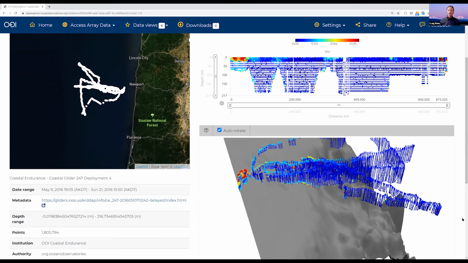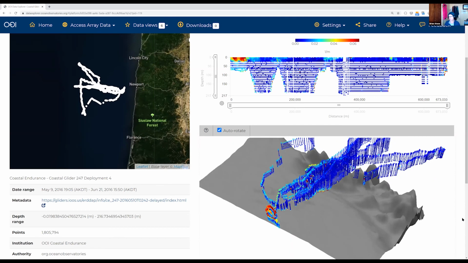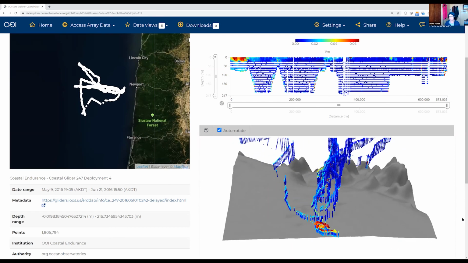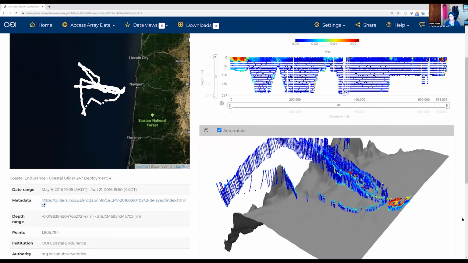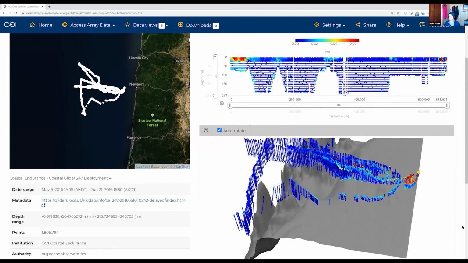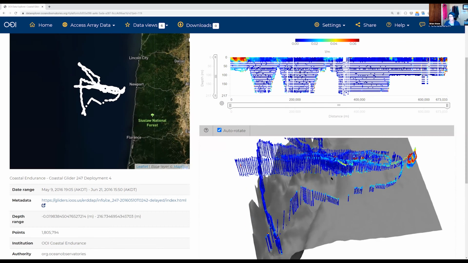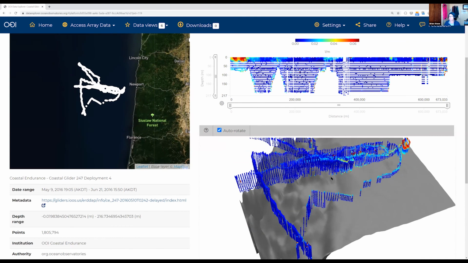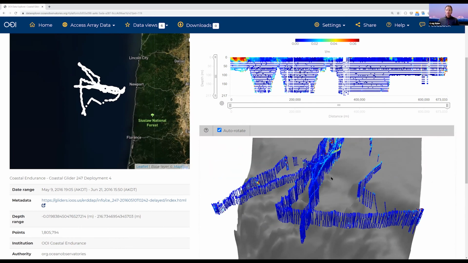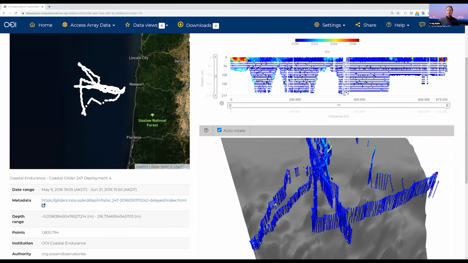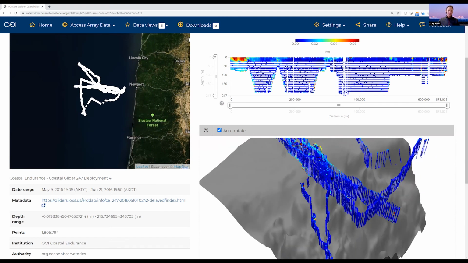Okay. And so I quickly browsed to some glider data just to show how it's visualized in the system. This also has a downloads link. So yeah, this is data that's available. Hopefully that answers your question, Eli. I'm not sure how to verify that, but